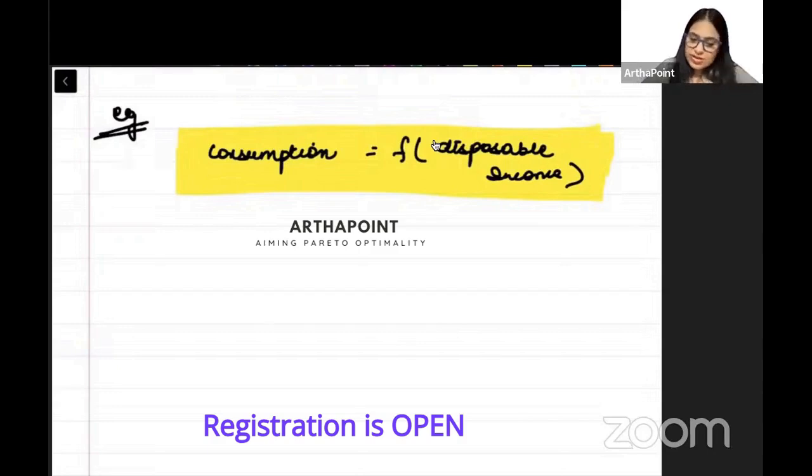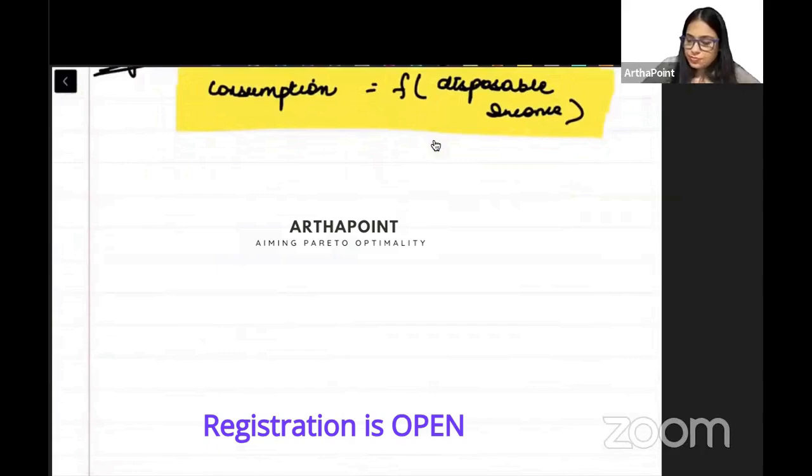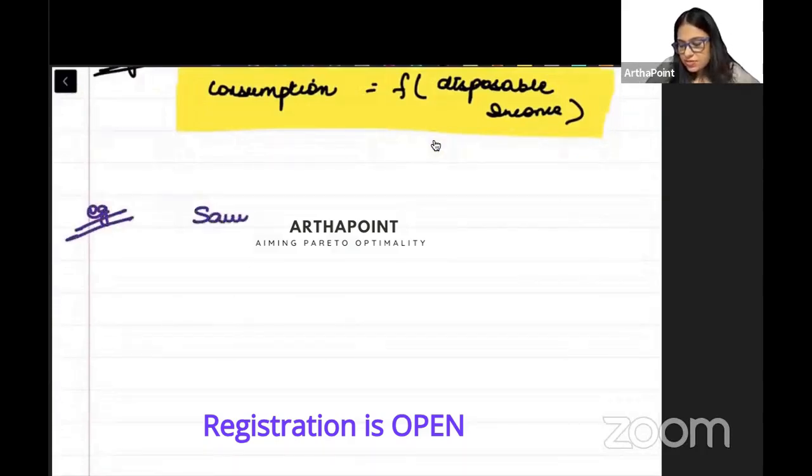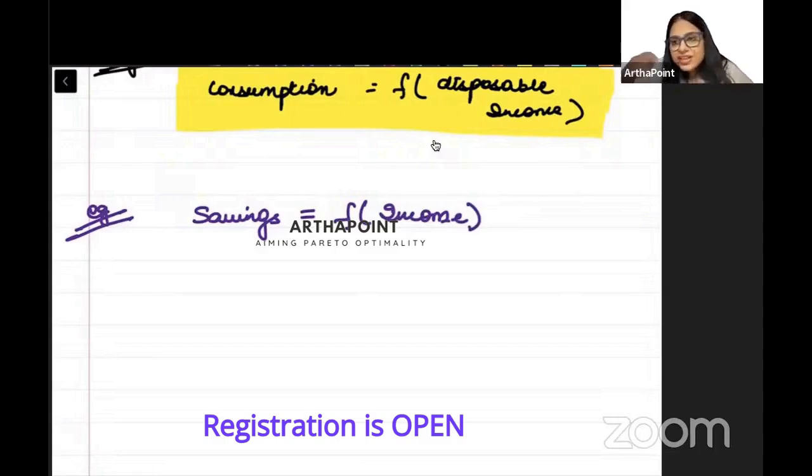ठीक है बेटा। नाउ फॉर एग्जाम्पल, सेविंग्स, ये भी इनकम पे डिपेंडेंट है, इट इज ऑल्सो अ फंक्शन ऑफ इनकम। समझ रहे हो? सो व्हाट इज अ फंक्शन? अ फंक्शन इज एनीथिंग वेयर वी हैव एन इंडिपेंडेंट एंड अ डिपेंडेंट वेरिएबल।